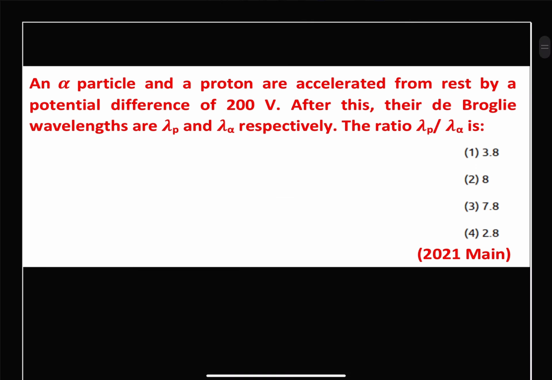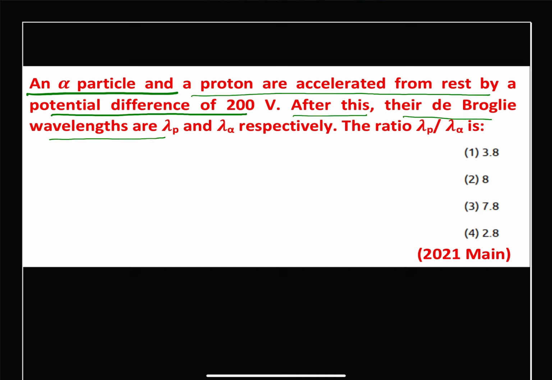It states that an alpha particle and a proton are accelerated from rest by a potential difference of 200 volt. After this, their de-Broglie wavelengths are lambda p and lambda alpha respectively. The ratio of lambda p to lambda alpha is. So the two particles are accelerated by a potential difference of 200 volt. It means this potential difference is going to provide kinetic energy to both the particles. So we can write that the energy gained by each particle